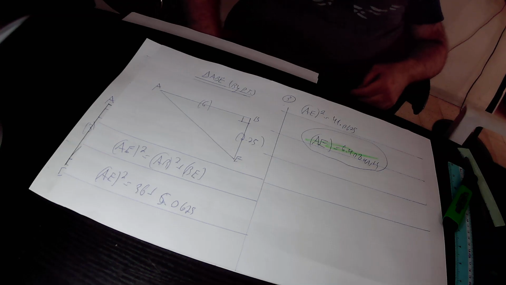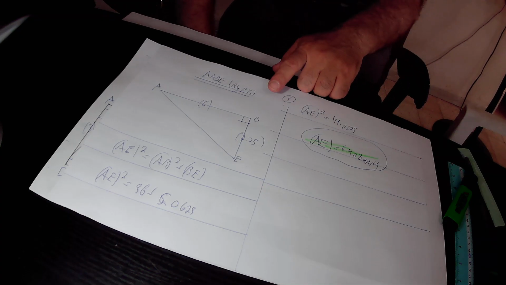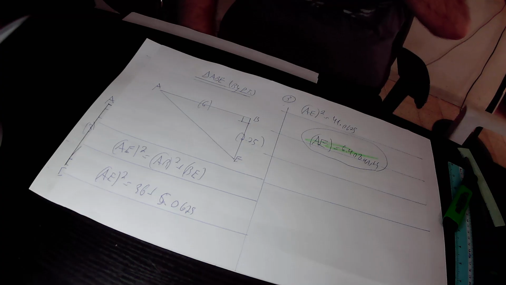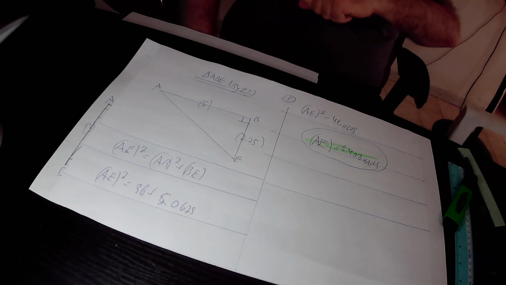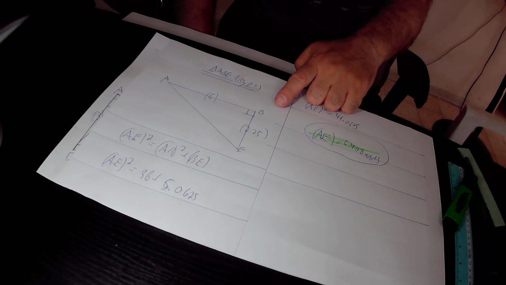According to the Pythagoras theorem, in any right triangle, the square of the hypotenuse equals the sum of the squares of the perpendicular sides. The hypotenuse in this right triangle ABE is AE, and therefore the square of the hypotenuse is AE squared, and AE squared must equal AB squared plus BE squared. AE is the missing side, so we leave it as it is. So AE squared equals AB squared. AB is 6, therefore AB squared is 6 squared, that is 36. Plus BE squared. BE is 2.25, and therefore BE squared is 2.25 squared, that is